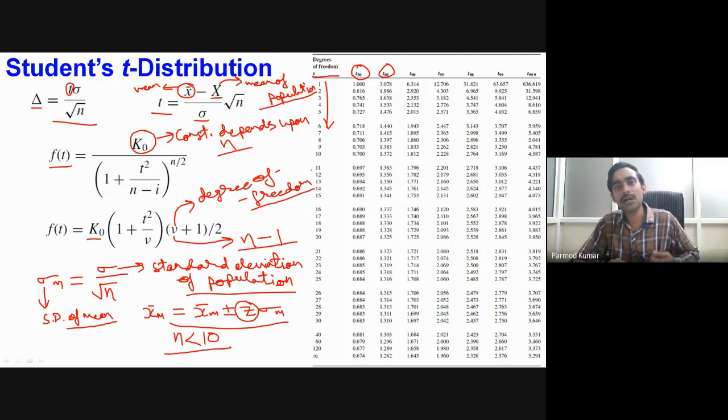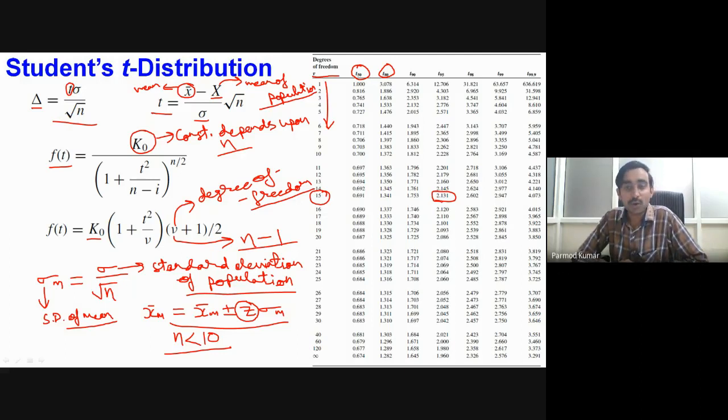Okay. So if we have to define the value of t for any sample of data, we require nothing but our degrees of freedom, and we require the confidence level at which we are stating our statistical analysis. Depending upon these two values, we can determine, say, in case we have 95% confidence level and degrees of freedom is 15, I take the value of 15 here, and corresponding to the T95 column, I can see that in front of 15, my value of T is 2.131.